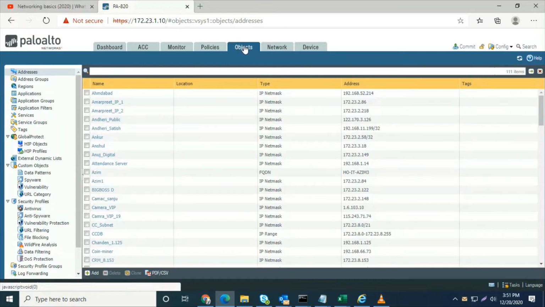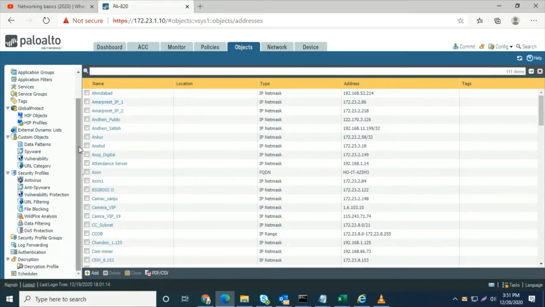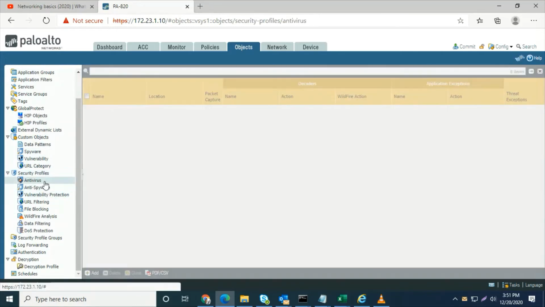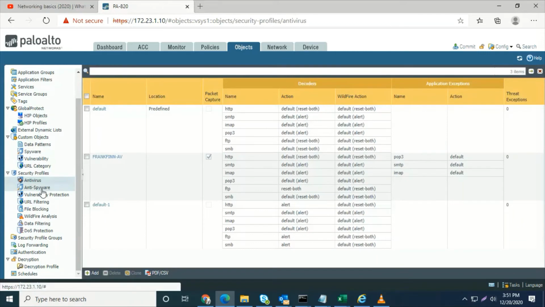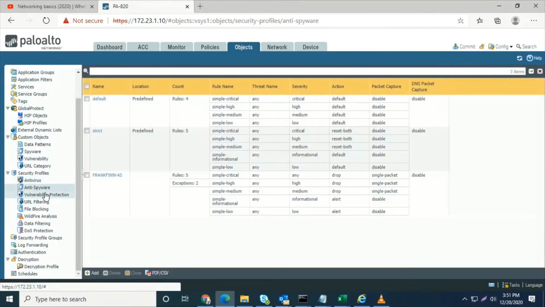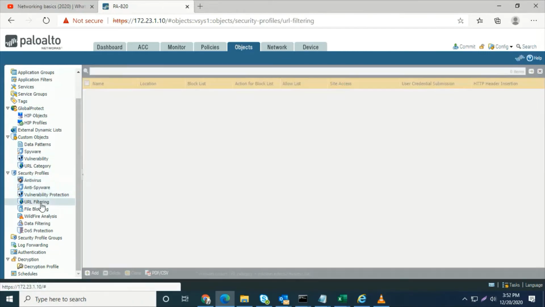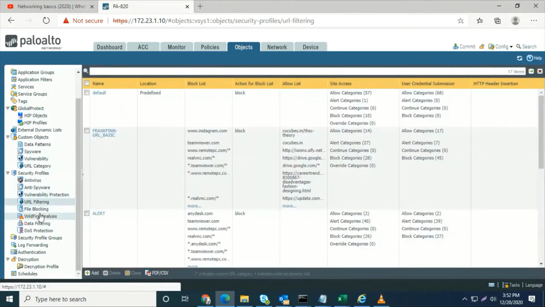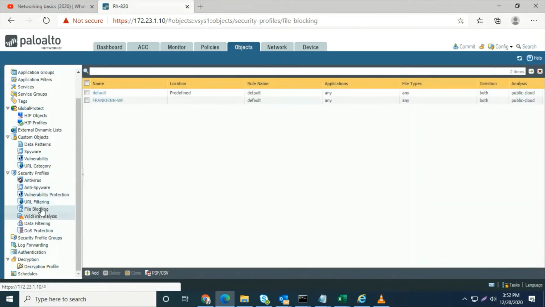This is the object. Click on object, and in the object window there is security profiles. So now we have multiple profiles: antivirus, anti-spyware, vulnerability protection, URL filtering, file blocking.